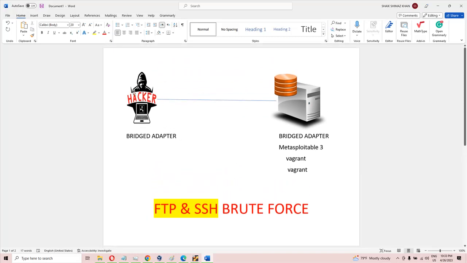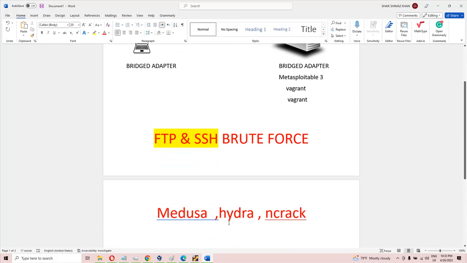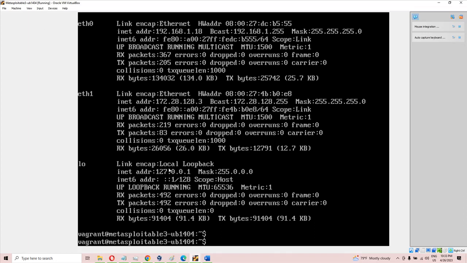So let us assume the hacker doesn't know the username and the password to log in to the FTP and SSH, and he is going to try the brute force attack using the tools Medusa, Hydra and Ncrack. I have already downloaded and imported the Metasploitable 3 into the Oracle VirtualBox, and ensure that